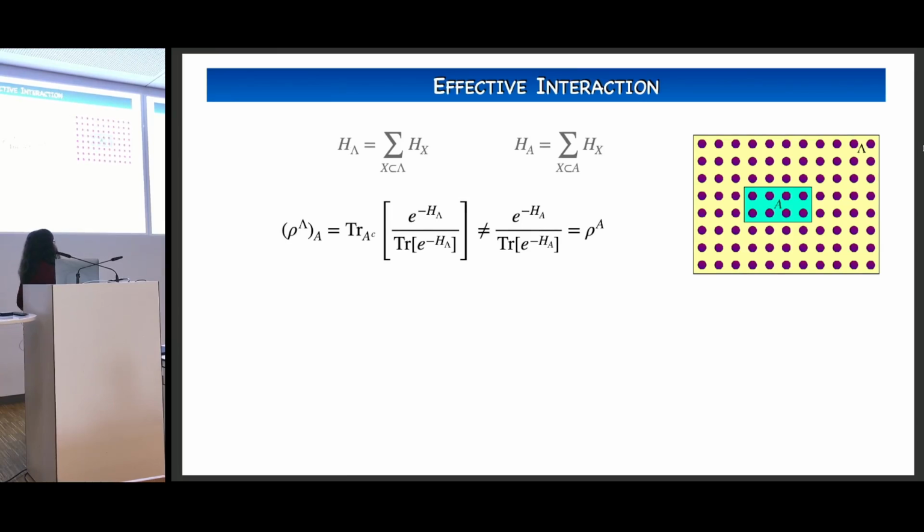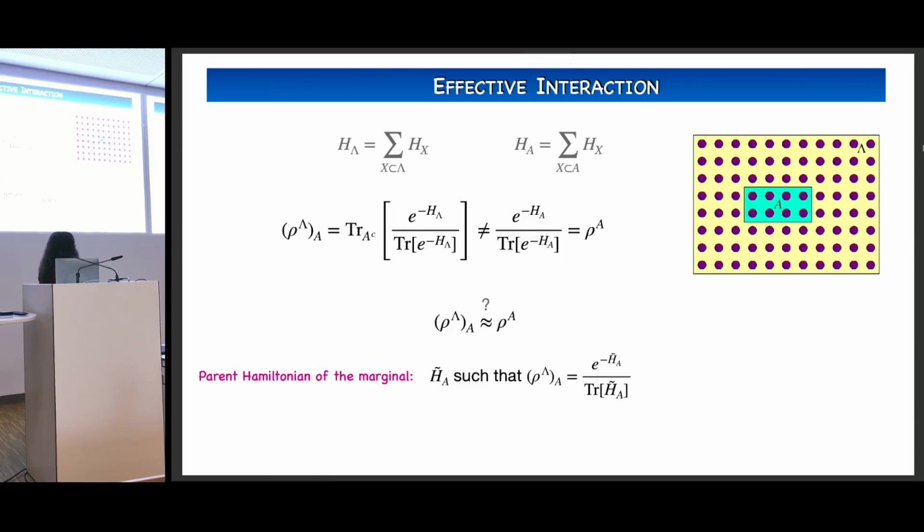So we consider now a lattice Lambda and a subset A of this lattice. And the first thing that we realize is that if we consider the Gibbs state in Lambda and trace out the complement of A, so if we take the marginal in A, and we take the Gibbs state in A directly, these two quantities are in principle totally different, right? This is something that is very clear for anybody that has ever seen this kind of Hamiltonians, that these two quantities in principle are going to differ a lot. However, we might be wondering if these quantities can be more or less alike in a certain sense. And this is what we do here.